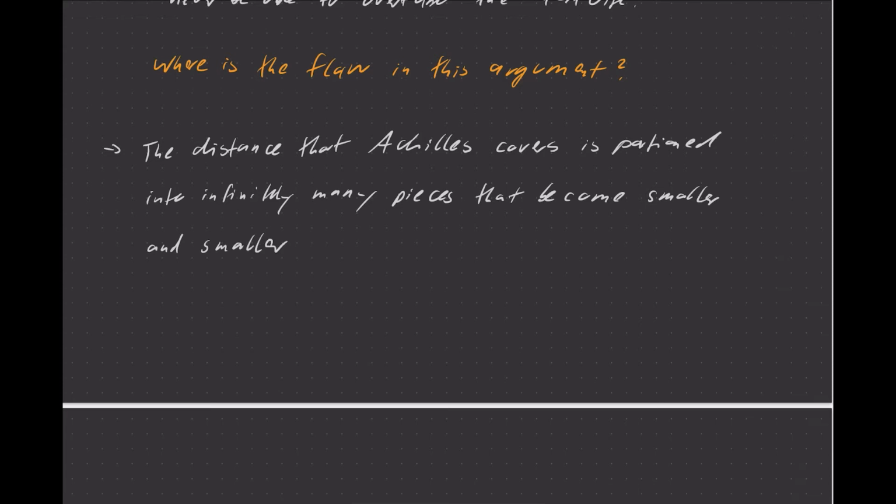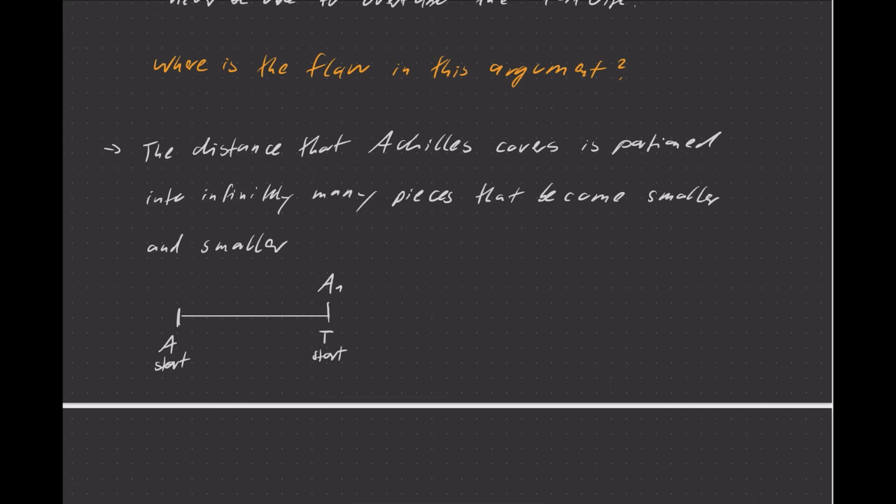So let's say, for example, Achilles starts here. So this is the start of Achilles. Let's say the tortoise starts here. This is the start of the tortoise. Then at some point, Achilles will reach that point here. So here we have that distance. Achilles will at some point cover the distance, so he reaches that point. Let's say it's A1.